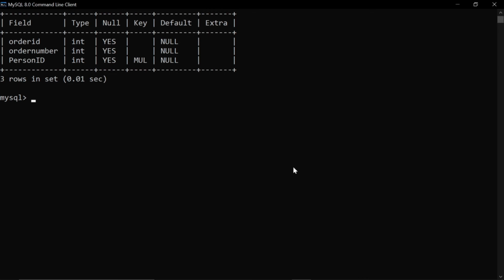Now we will see how the primary key and the foreign key work. Let me take the tables which have data in them. Suppose there are two tables, person and order. Let me see the data, how much data there is.